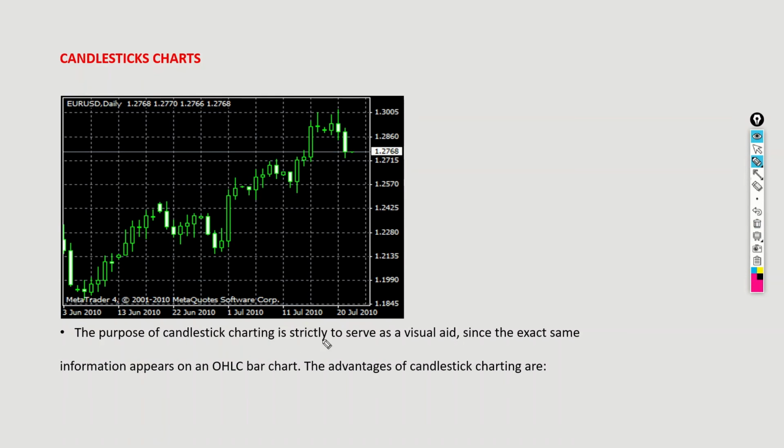The purpose of candlestick charting is strictly to serve as a visual aid, since the exact same information is on an OHLC bar chart. OHLC bar chart simply means open, this is the high, this is the low, and this is the close. The advantages of candlestick charts are,